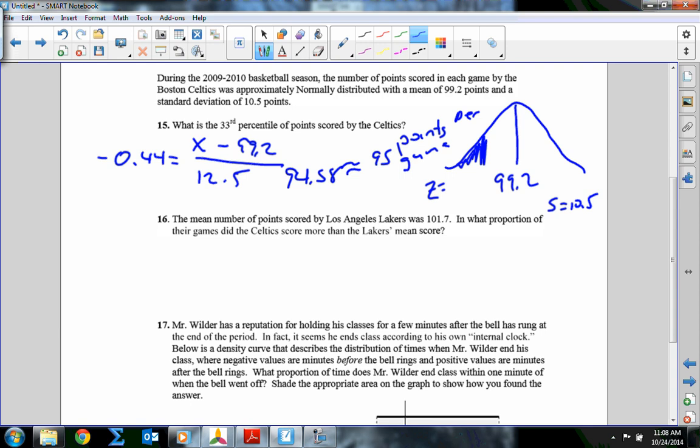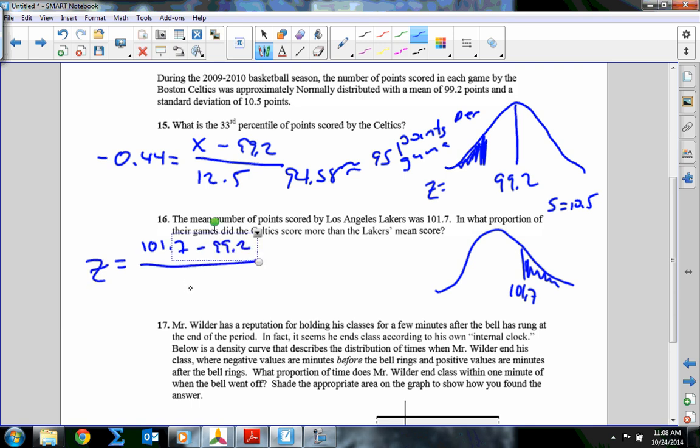The mean number of points scored by the Los Angeles Lakers was 101.7, and what proportion of their games did the Celtics score more than the Lakers' mean score? So now we're looking for more than 101.7. So that's there. So let's calculate our z-score. Z is going to be 101.7 minus the 99.2 divided by the 12.5, and that comes out to be